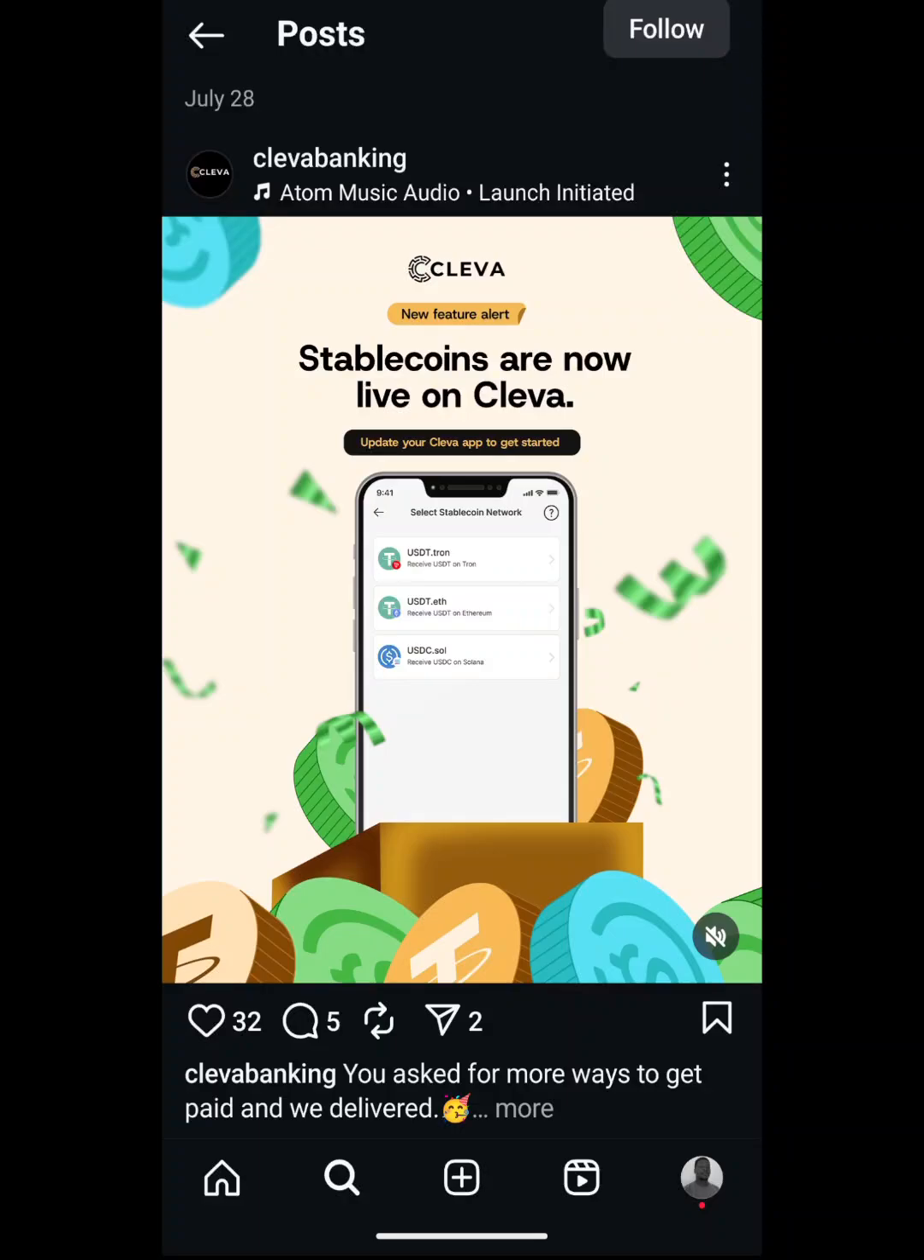So CLEVA recently announced that stablecoins are now live on their platform. It means that you can now receive USDT, USDC as well on your CLEVA account. Now, the purpose of this video is to basically show you how it works by doing a transfer of USDT